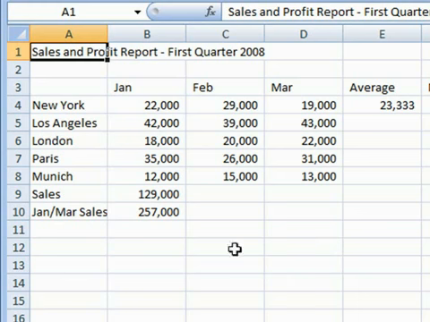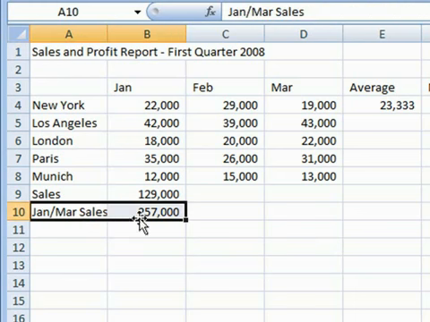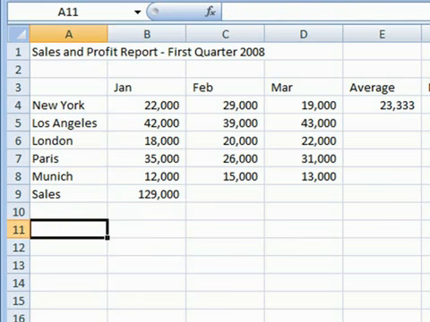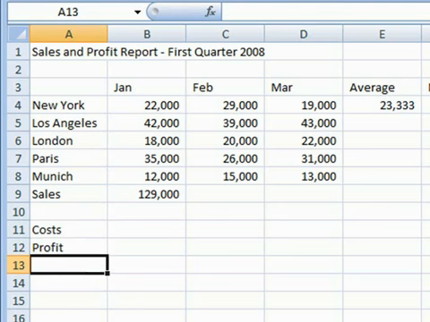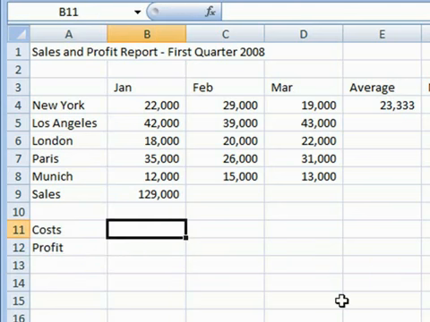First of all, I'm going to delete the current values in cells A10 and B10 by selecting them and pressing the delete key on the keyboard once. I'm now going to type the word costs into cell A11, press the enter key and type the word profit into cell A12. I'm now going to invent some costs, let's say 83,000 for the month of January,